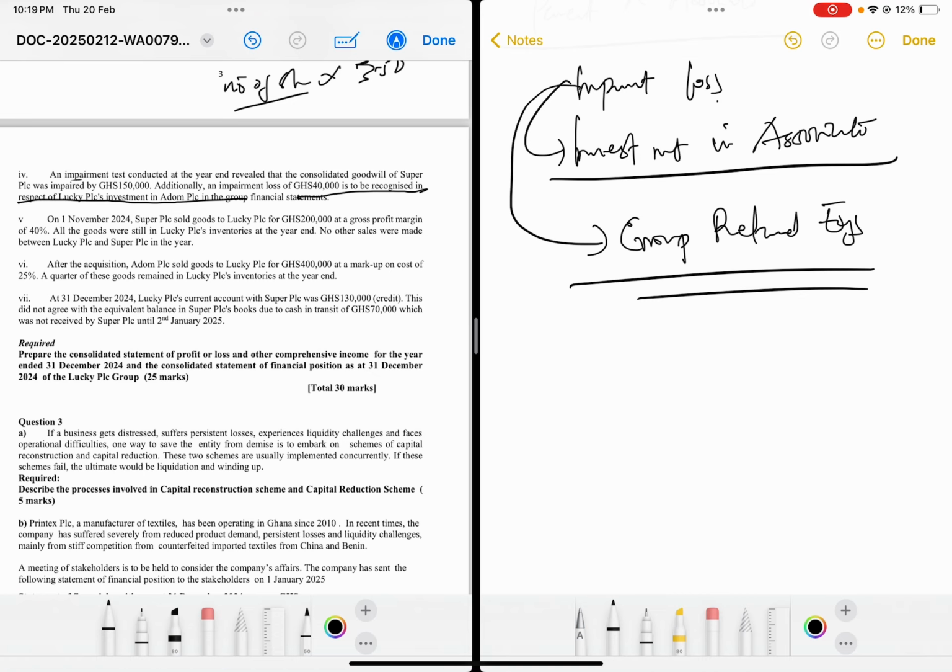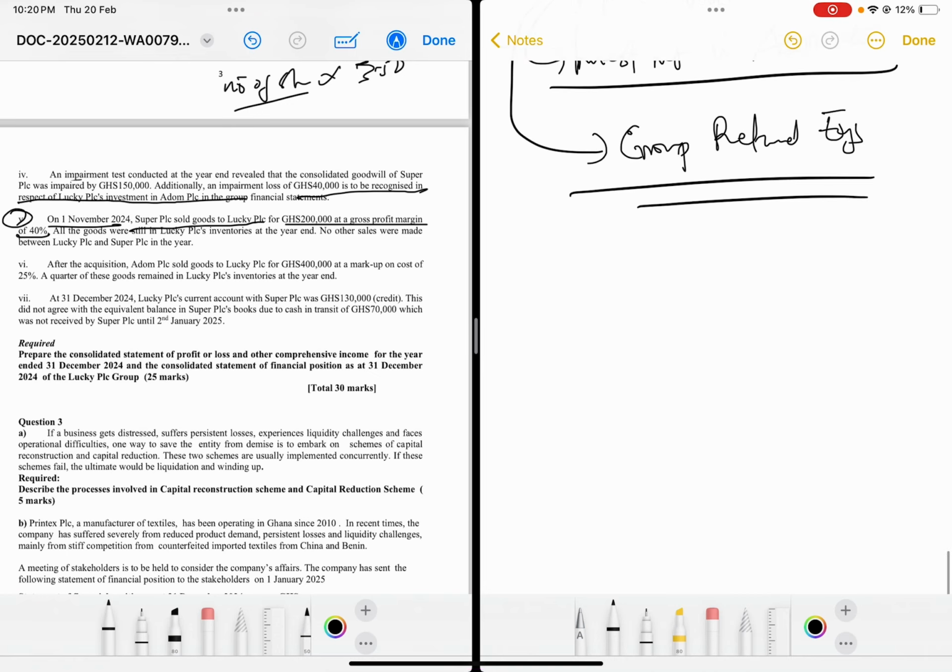Now, the fifth one is saying that on 1st November 2024, Super PLC sold goods to Lucky PLC for 200,000 at a gross profit margin of 40%. Now, I explained in a short video how intra-group sales work, right? So what you should take note of is that intra-group sale can be between parent to subsidiary,